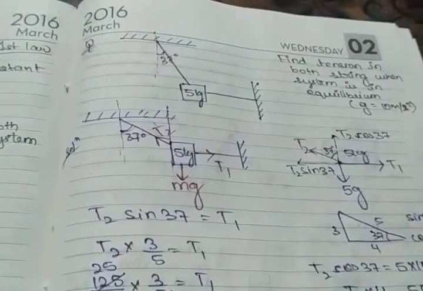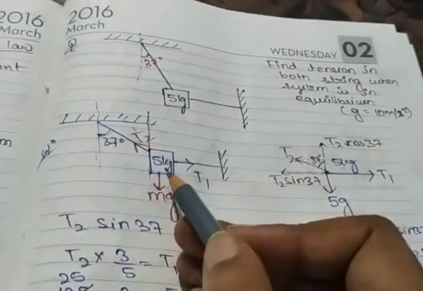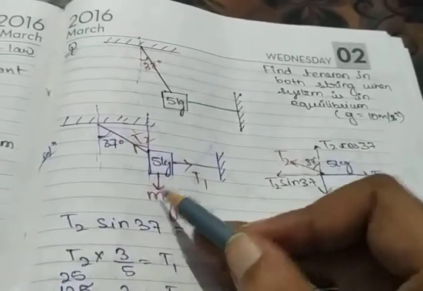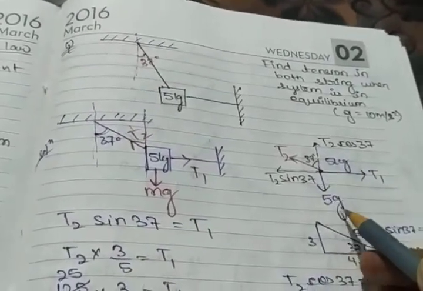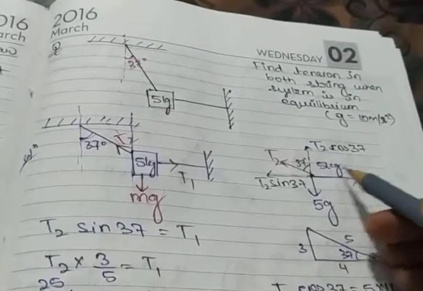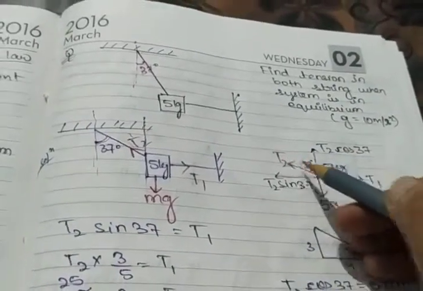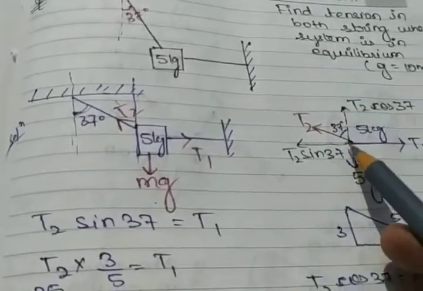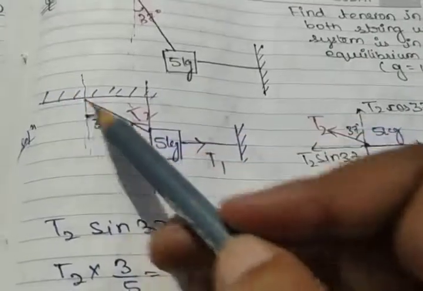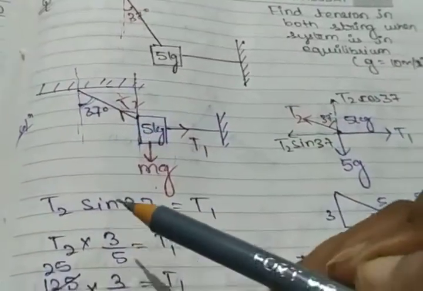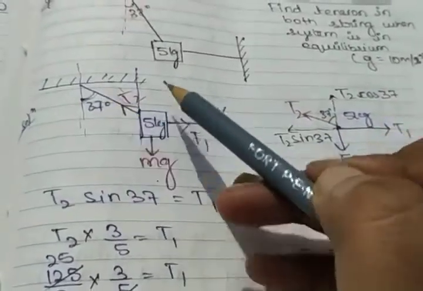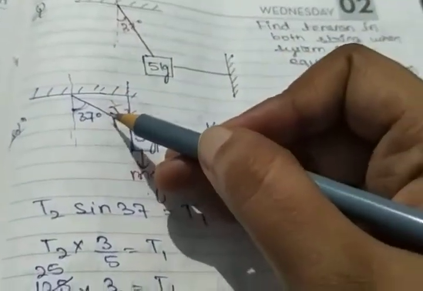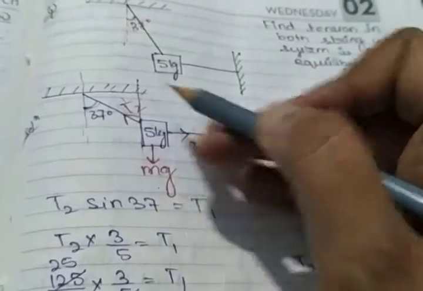Okay, now let us see the free body diagram. So this is the 5 kg mass drawn here. Now this is mg downwards, m into g, mass is 5, so mass into gravity. Then T1 in this direction. But T2, if we see carefully, this one is also on the y-axis, this is on the x-axis, but this T2 is neither on the x nor the y-axis. So we have to resolve this T2 into two components.